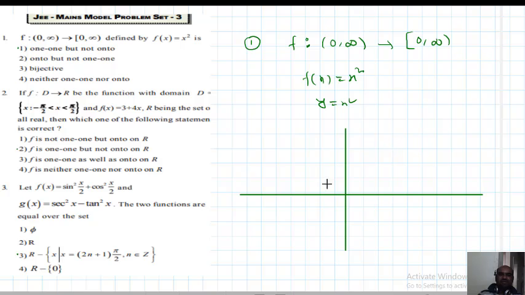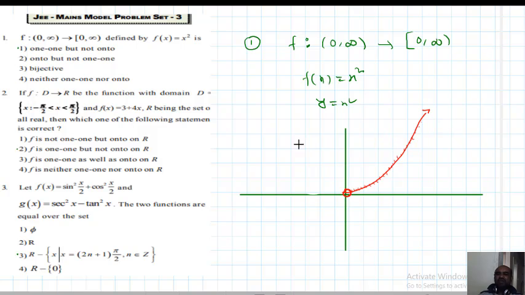Okay students, listen. So this is the actual y equal x square, but your inputs are open 0 to infinity, which means your graph is this. So what is the meaning of that? This is the graph, this portion won't be there. So this is the graph on the plane.